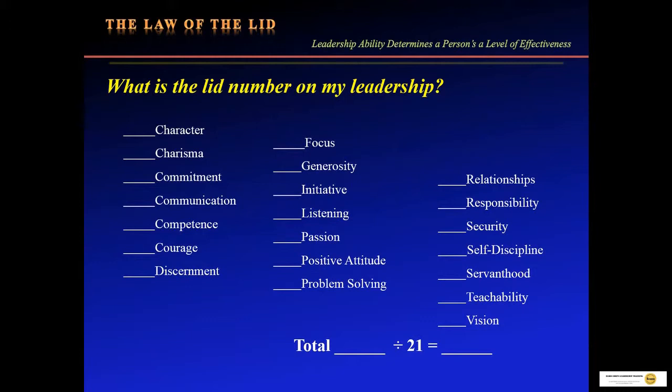So what you're going to do is rate yourself between a 1 and a 10 on each of these qualities of a leader. And then once you get that final score, you can divide it by 21. And that'll tell you approximately where you rate yourself, or if you have a friend or a family member or a business associate rate you, that'll tell you where they see you on a leadership scale. So we're going to go through these a little bit. Some of them are self-defining, but a couple of them I want to make sure that I define for you so you can see what we're talking about.